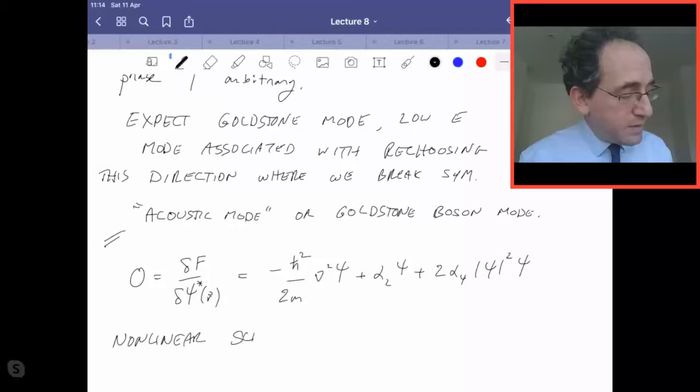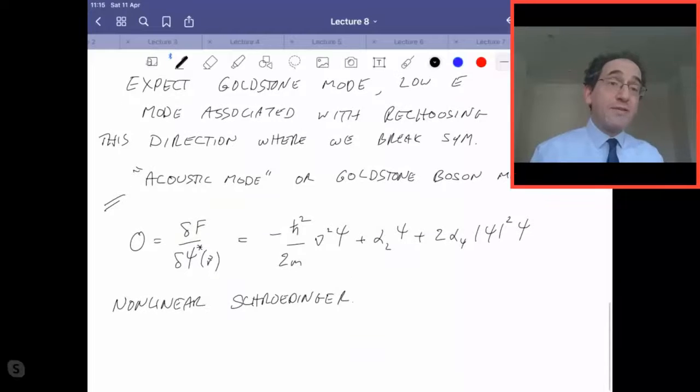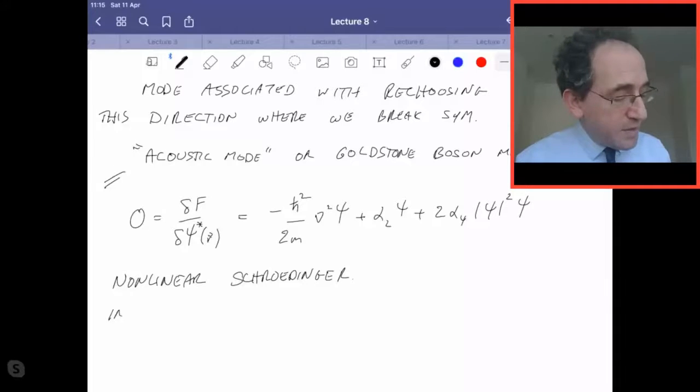Schrodinger, or Ginzburg-Landau equation, or Gross-Pitaevskii equation, if we had derived this for interacting bosons. Okay, incidentally, Ginzburg-Landau theory was worked out first in the context of superconductivity, and only later was it applied to superfluids. Okay, now in a uniform system,